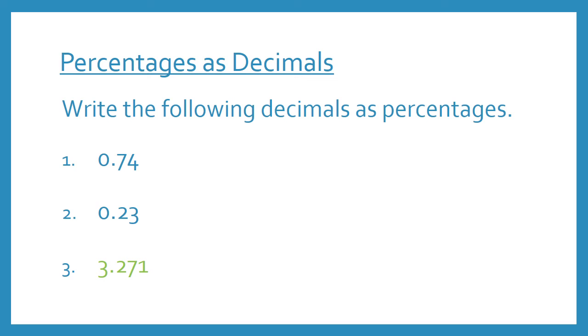So now can you work out what 3.271 is as a percentage? This one is very difficult for two different reasons. I'll give you a moment to try. Okay, so to work this one out, like before, 3.271, we're going to times by 100, and it's our percent. So equals, now remember when we times a decimal by 100, we move our digits 2 places to the left. So we're going to end up with